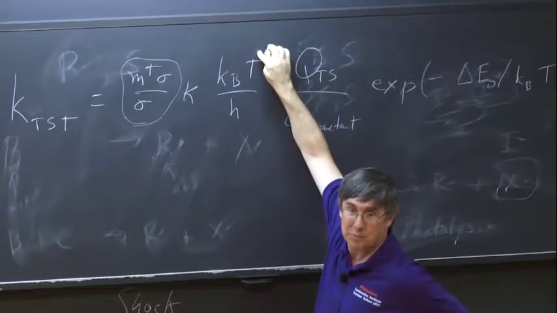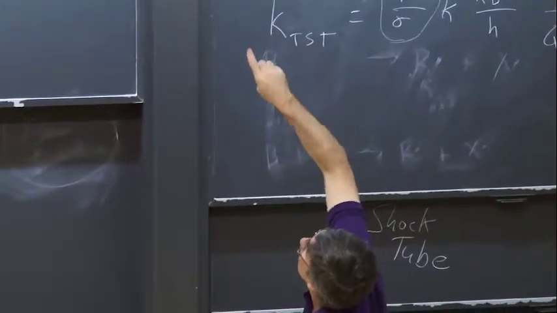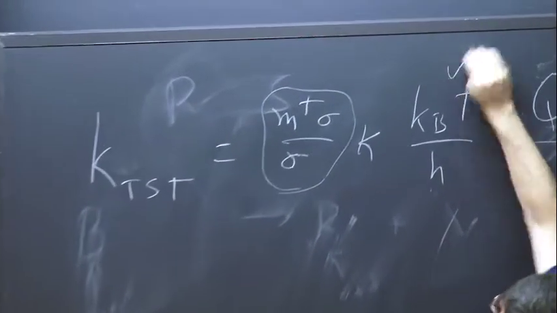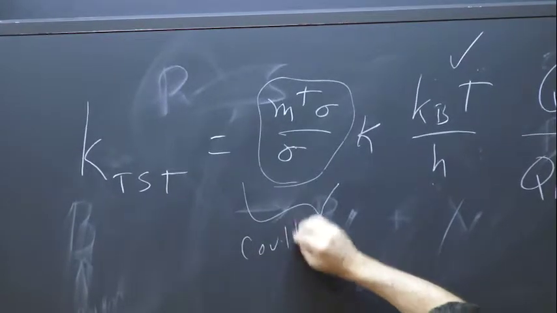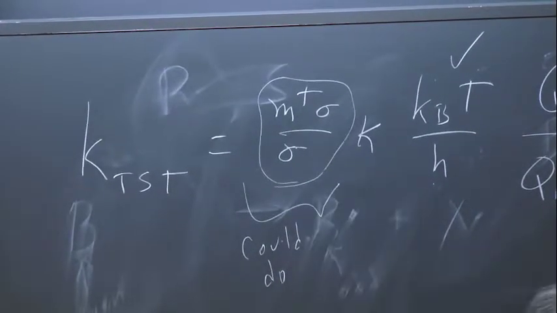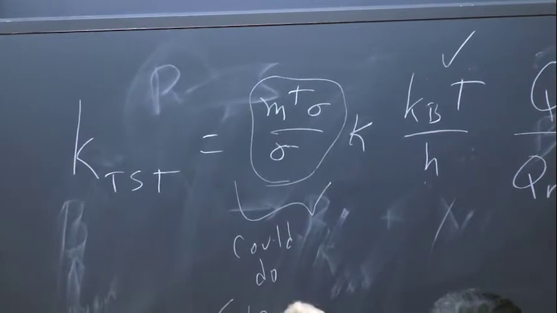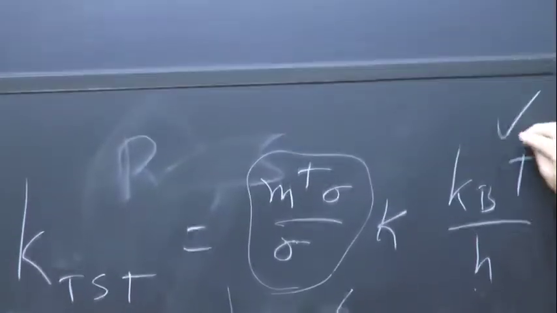We can look up the temperature, well, the temperature is specified in the problem, right? Was it 500 some Kelvin? Planck's constant, we know that. So these numbers we know. These numbers we could do, but I have to teach you about how you compute symmetry numbers. But these all turn out to be something that's less than a factor of 10. Okay? We can calculate it.